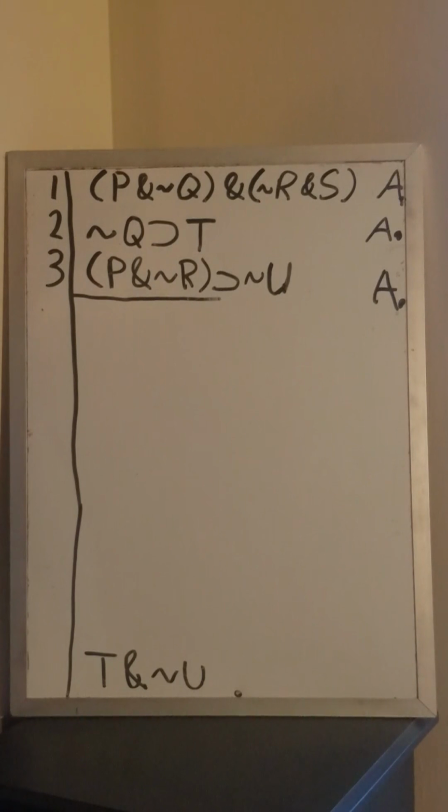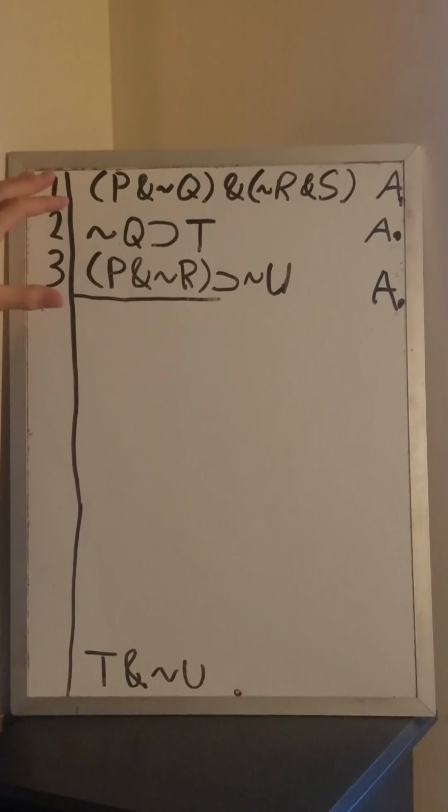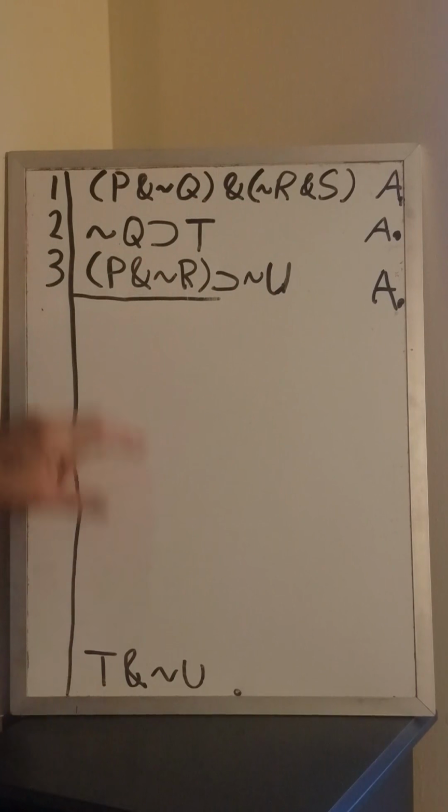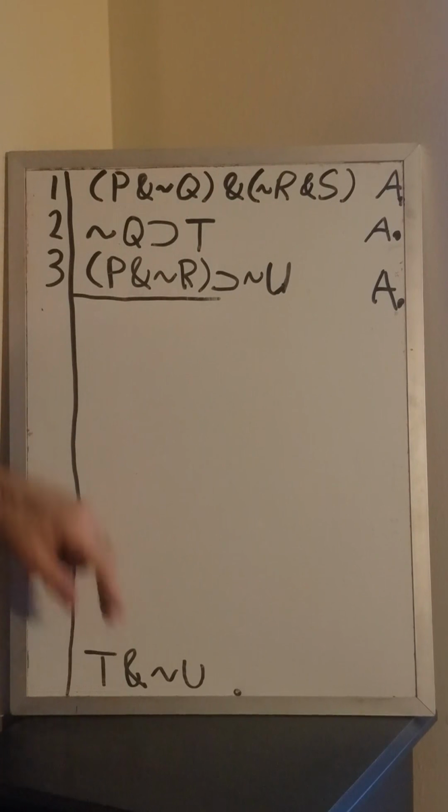So as these examples have gotten a little more complex, I'm just going to have to start filming the whiteboard now and leaning back out of the way so that you can see everything that's going on. But this is an example of something I've already illustrated a few times, which is the idea of unpacking the premises. If you get a derivation that you're supposed to do, and it looks really complex, like here we have some really long premises, and it may not be entirely clear how we're supposed to get from here to there,